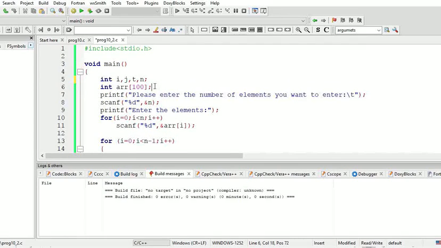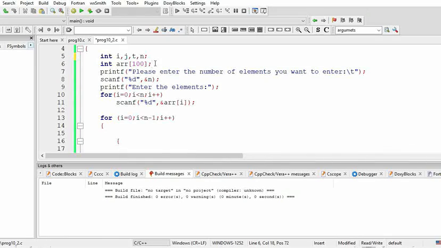I have taken an array of 100 integers. At first I am inputting the length of the array, so our length of the array is n. Now I am taking user input for the array elements.